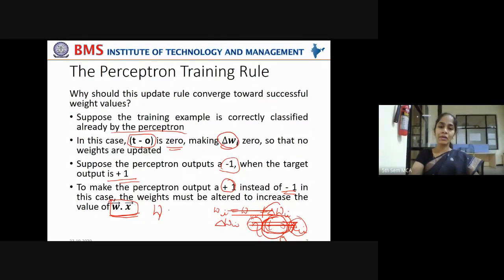Let it be W1 or W2 or W3. The perceptron will take care of which weight has to be adjusted, or whether all the weights have to be adjusted, in order to bring the outcome value of this linear equation to be greater than 0 in order to be predicted as 1. If it is lesser than 0, it is predicted as -1. That is a mistake. Actual label is +1. So weights have to be increased in order to bring the solution to greater than 0 in order to fire +1. Is it clear?